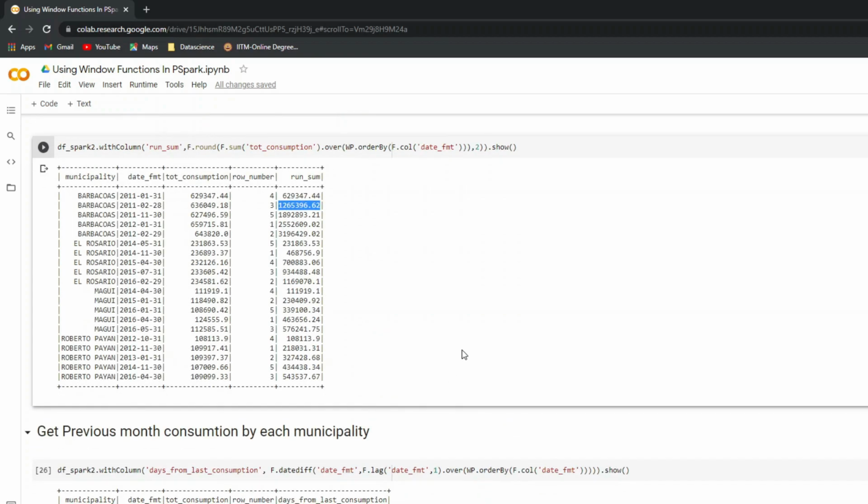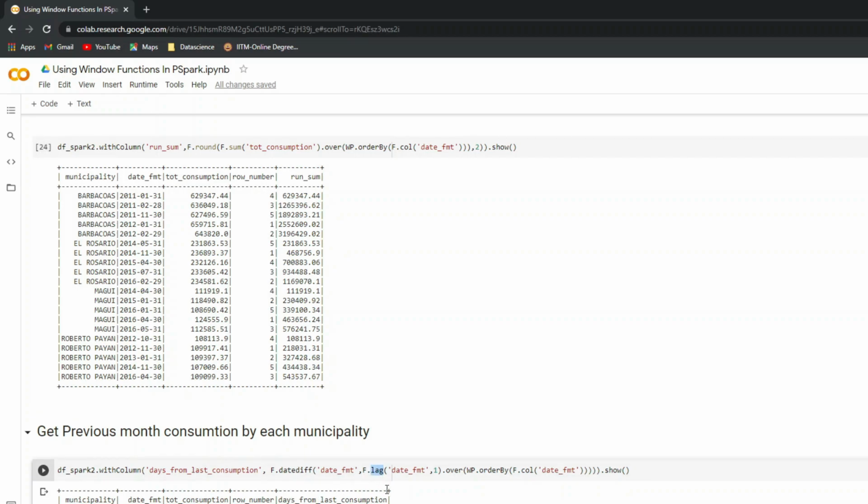Let's say you have been asked to show the previous month consumption in the same row. So you have to show previous month consumption also in the same row. So how do you do that? You use something called a lag function, and within the lag function I have given a comma 1. Comma 1 means previous month or previous value.